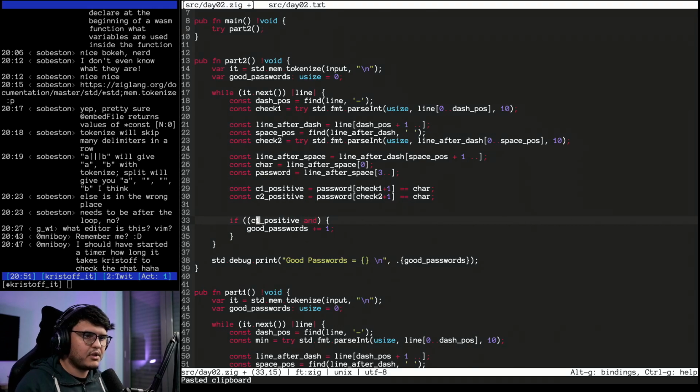They're going to be useful. So check 1 is positive and check 2 is not positive, then we could.